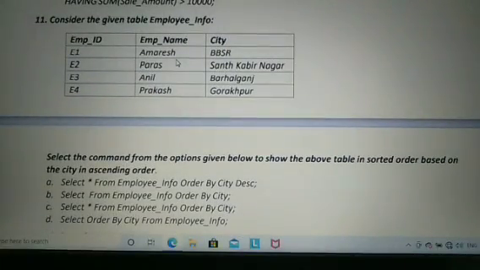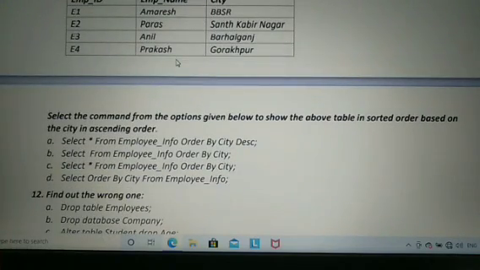Come to question number 11. Consider the given table employee info. So here employee ID, employee name and city are the attributes. Okay, so what you have to do, you have to select the command from the options for the purpose of sorting based on the city in ascending order.